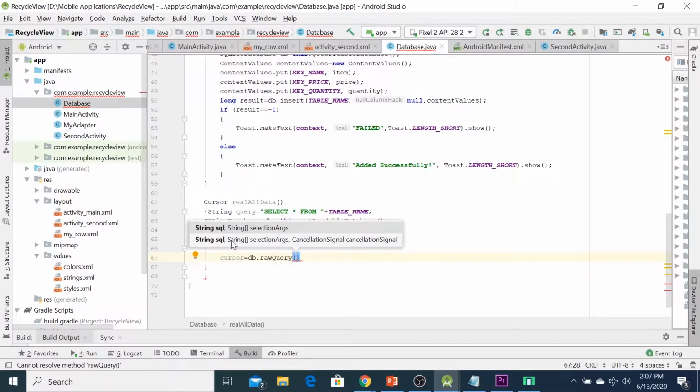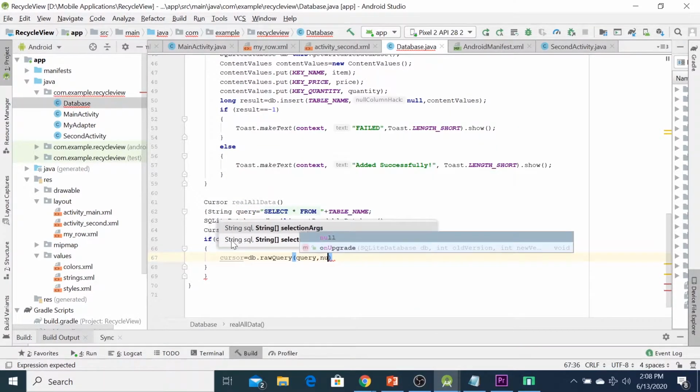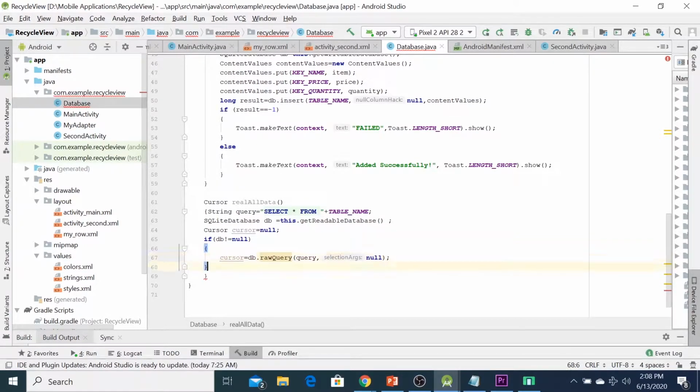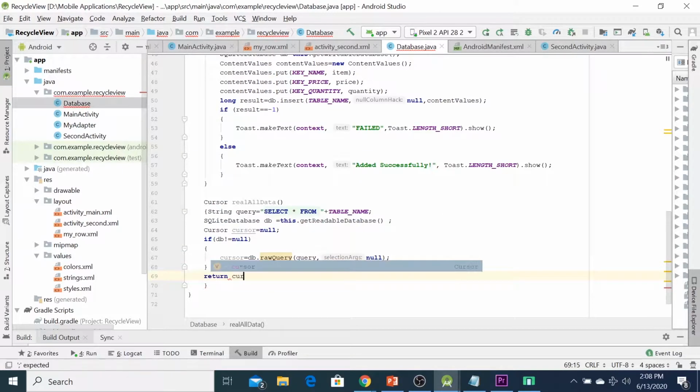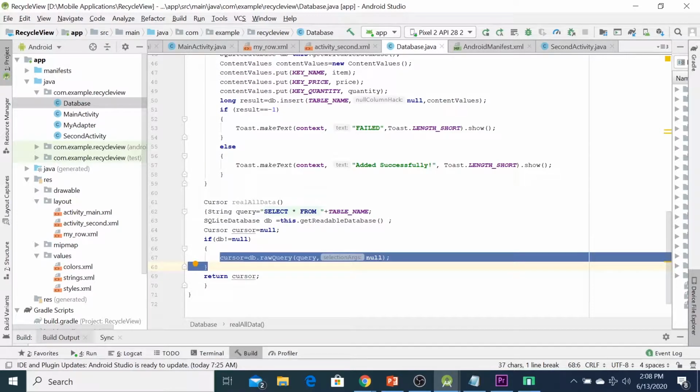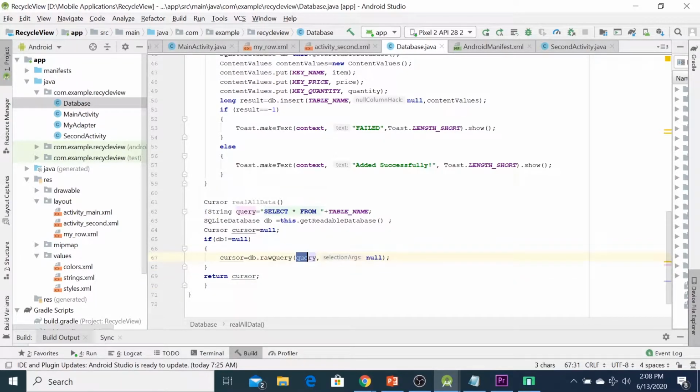And this is the query, comma null, semicolon. Then we are going to execute a raw query and we are going to pass two parameters.